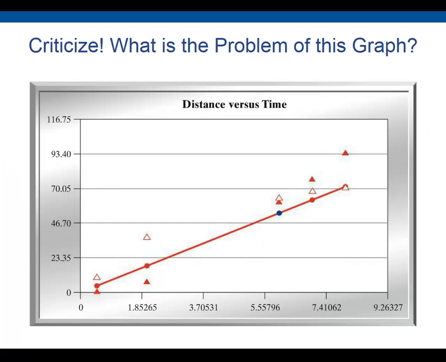Let's criticize what is the problem of this graph. First, you can see that there is no label for the x-axis and y-axis. Even though the title says distance versus time, it's always better to put the label on the bottom and the left side. And the increment is also